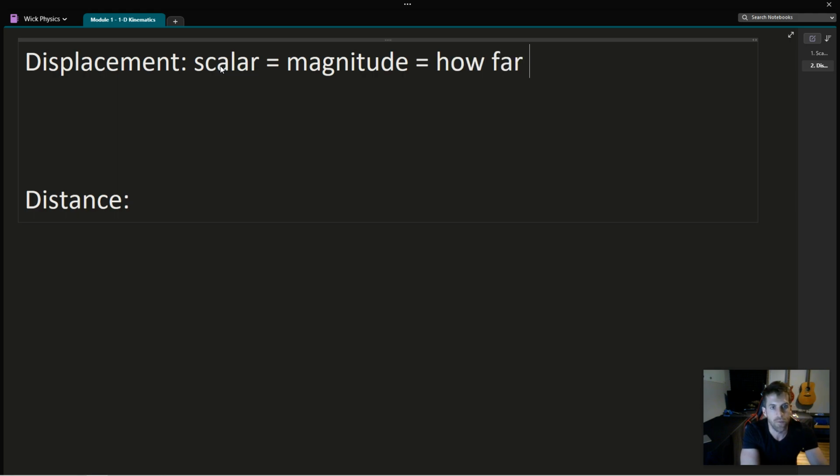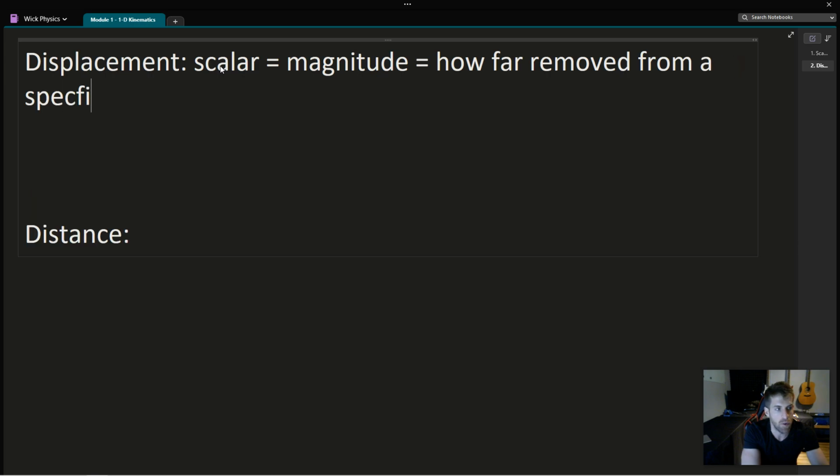Okay, so this has magnitude, so how much of something, and it also means how far removed from a specific point. Okay, so what I mean by that is